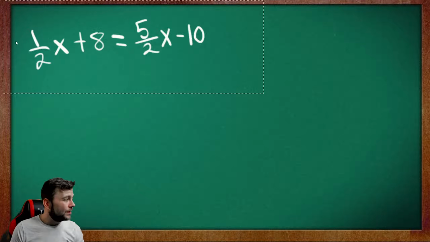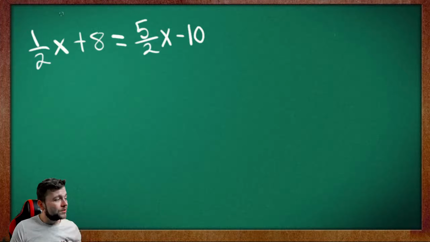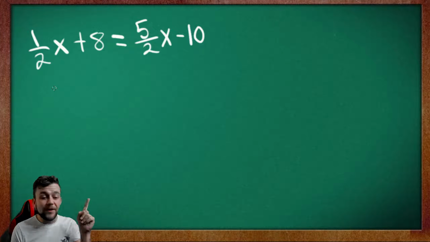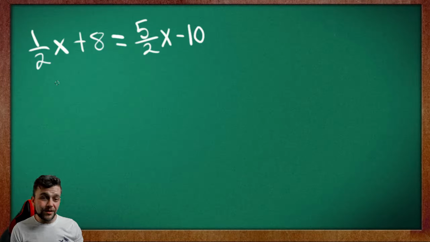So let's see. Okay, so we have 1/2 x plus 8, and that equals 5/2 x minus 10. Okay, this should seem a little bit familiar though. We have the same variable on both sides of the equal sign, right? So what we want to do is move one of these over to the other side. I suggest you always want your end result to have a positive coefficient. So what does that mean? It means when you subtract or add them over, you want your end result to be positive, right? So you want to move the smaller